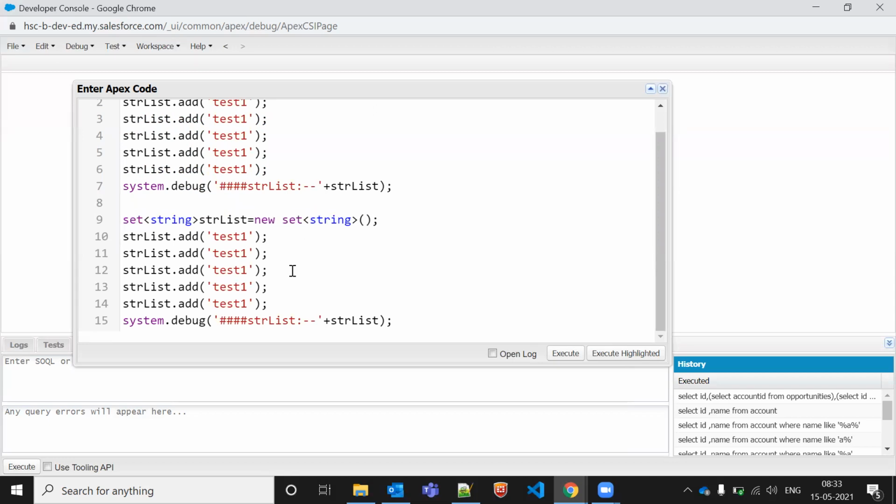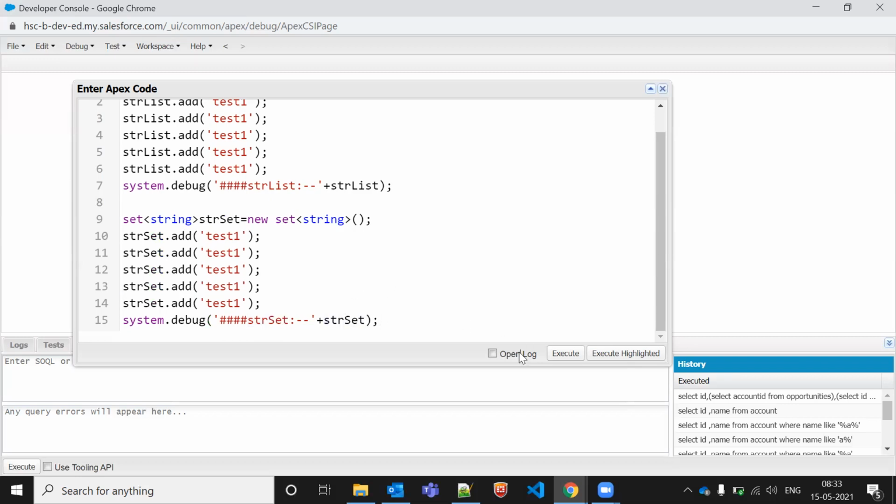Everything is similar. Instead of list, I can make it set for naming convention, so everyone gets to know this is not a list, this is a set only.